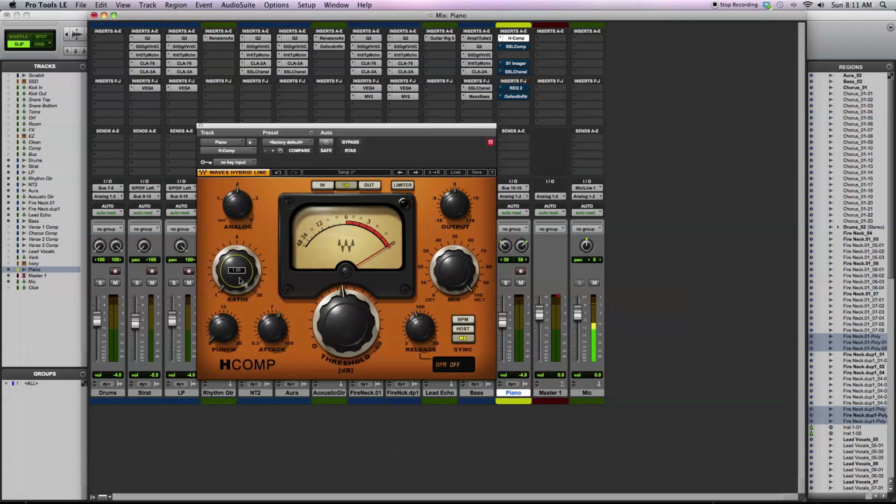But they're fixed ratios. Here, what I'm going to look for is just a very small amount above 1.0. So this could be somewhere like 1.1, 1.2. Then what I want to do with this is use a really low threshold. So basically, the entire signal is going to get compressed, but just by a small amount. Whereas before, I wanted to set the threshold so that basically only the transient was triggering the compressor. Now I want the compressor to be active at all times. Then use a pretty fast attack, medium release,